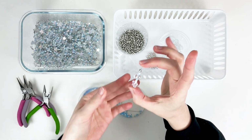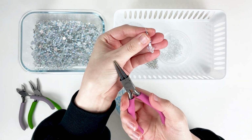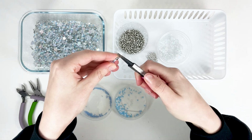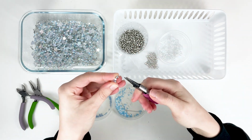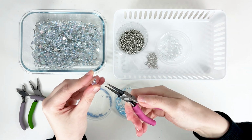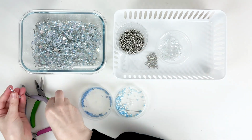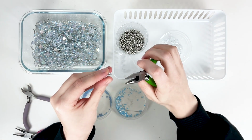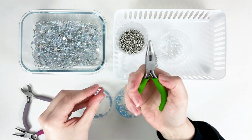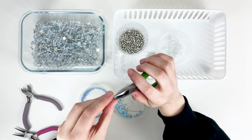And then once I got to this point, these pliers have just the normal rounded tips. I would take it, turn it over. I found that if I turned the wire towards me, I had a lot better control than if I turned it away from me. So that's something I found out halfway along the process. And then to help close this off so there isn't much of a gap, I take the more regular closed pliers and then